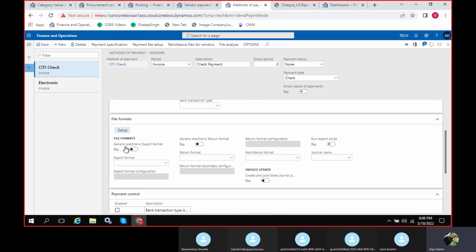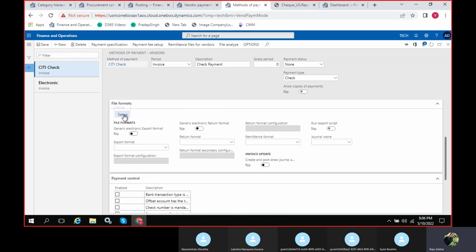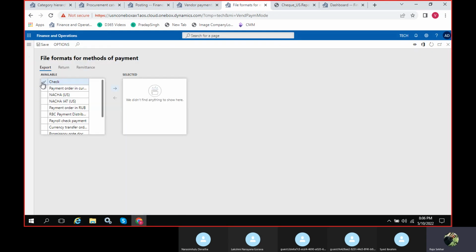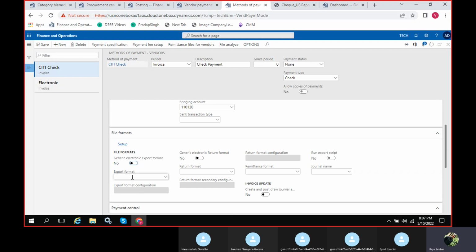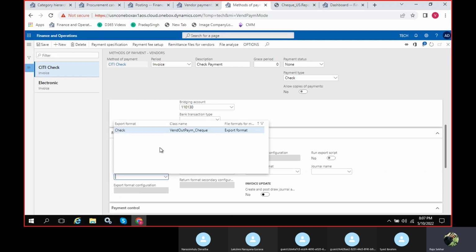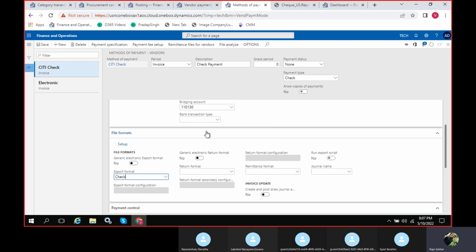Here again there is one more setup. Just come here, click on the setup, select check here, save and close. And select your bank format. The check format needs to be generated. If you generate,